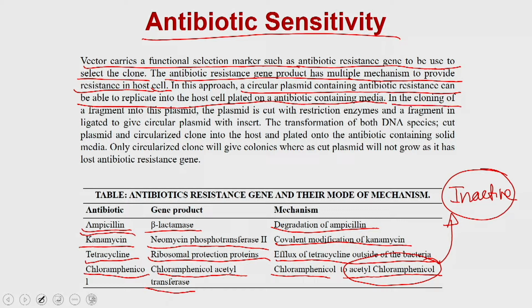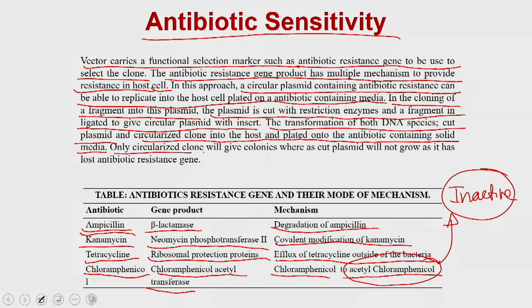In the cloning, the plasmid is cut with a restriction enzyme, and a fragment is ligated to give a circular plasmid with insert. The transformation of both DNA species, the cut plasmid and the circular clone, into the host and plating onto the antibiotic-containing media: only the circularized clone will give you colonies, whereas the cut plasmid will not grow